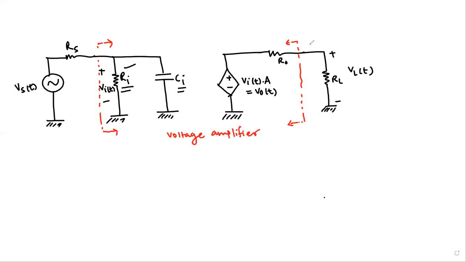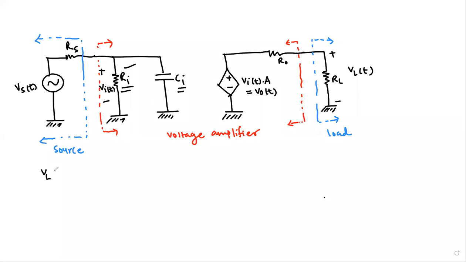All right, and then we have another section, let's say this section over here, that we call the load section. Okay, and then we have this section which is of the source. Fine. So the question here is we are asked to calculate the gain of this network,